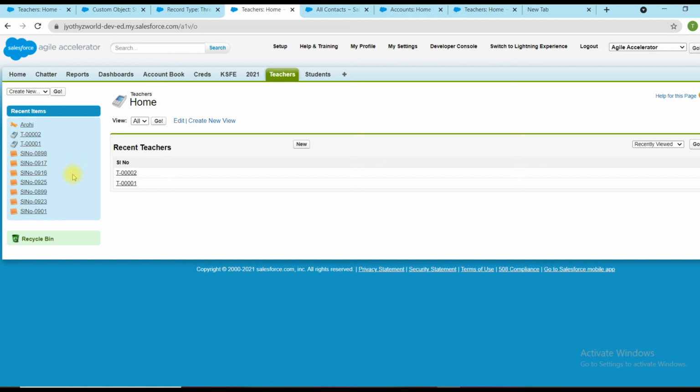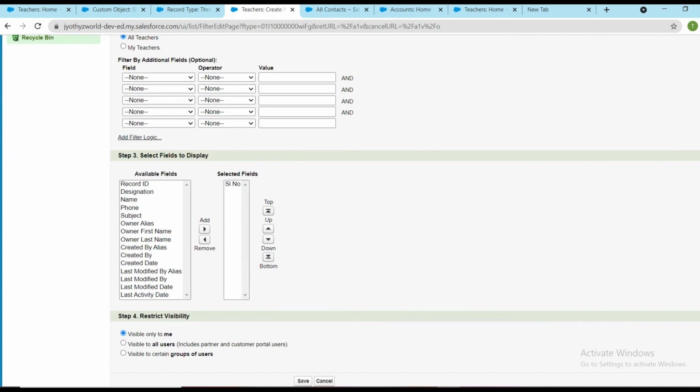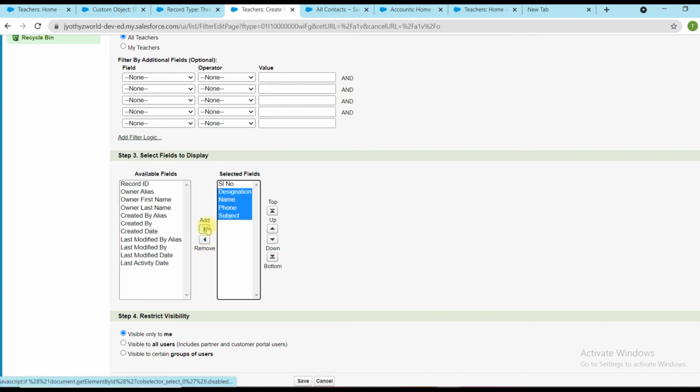We can see basic information like this, or we can create a new view like All Teachers. I need to show name, phone number, subject, designation. Designation should be at the end. Phone number should be below subject only.